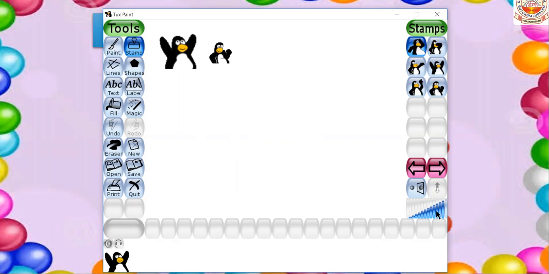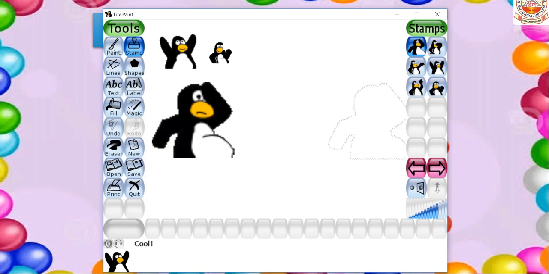Then go to the stamp, select any picture, then come to the drawing area and press it. Okay, children. So in this way, we can increase or decrease the size of the stamp. If you want a very small stamp, that also we can do. You have to click here. Then you can see here, children, we get the small picture. So it is very small. Okay, children. So we can increase or decrease the size of a stamp.